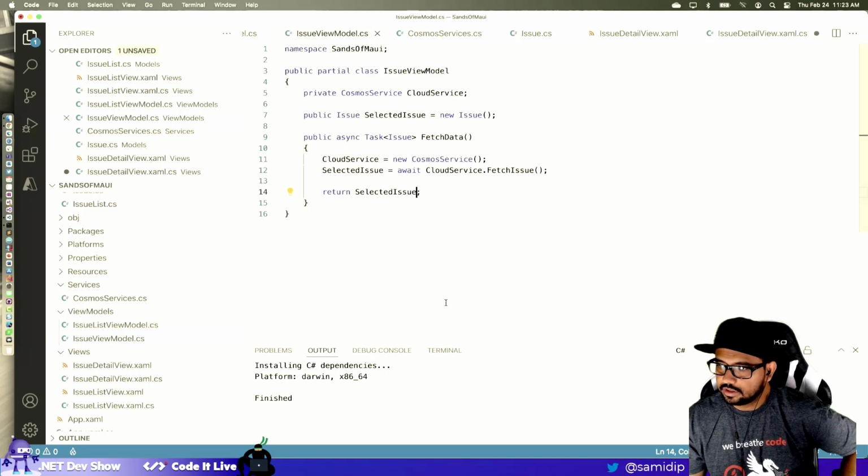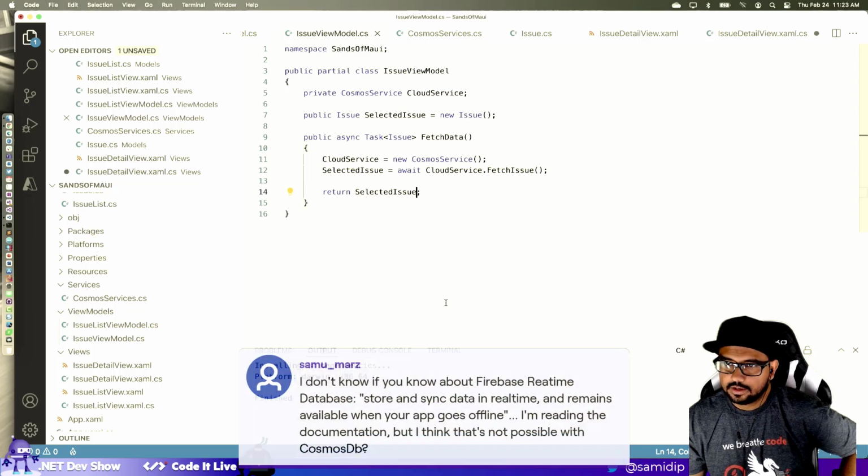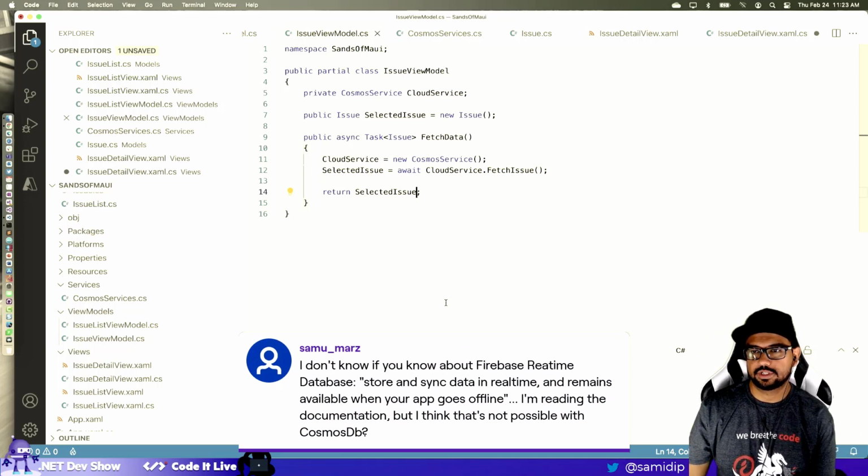Oh, Sam Basu, I don't know if you know about Firebase real-time database. Yes, I have heard. I have not used it a whole lot. Store and sync data in real time, remains available when your app goes offline. When I'm reading documentation, I think it's not possible with Cosmos DB. I don't know if Cosmos DB does real time the way Firebase does.